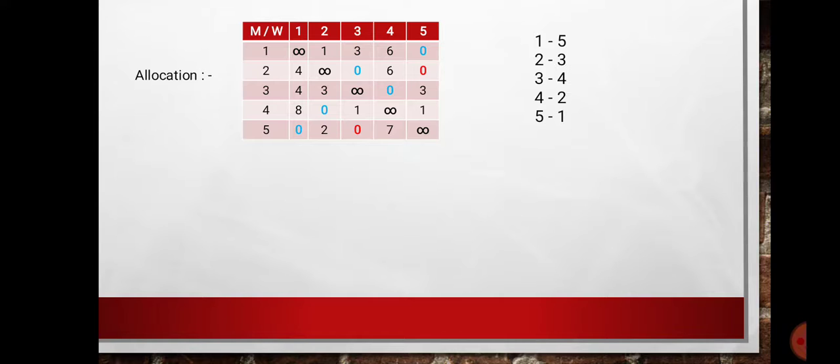Here see, 1 visits the 5th city, meaning 5th machine, and second visits the third machine. I will select those. Third visits the fourth machine, fourth visits the second machine, and fifth visits the first machine. That's why we check the route of the salesman to visit the machines. First visit 5, then 2 visits third, 3 to 4, 4 to 2, and 5 to 1. Then this route is not correct. That's why I carry out a new allocation.